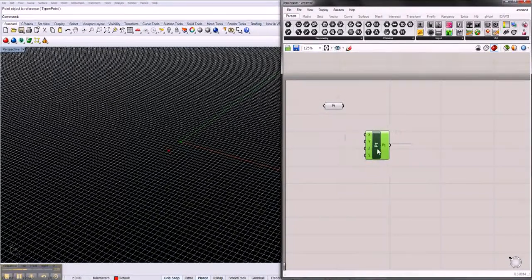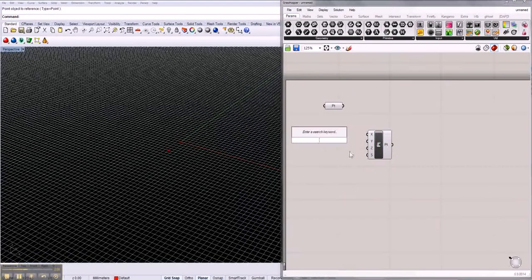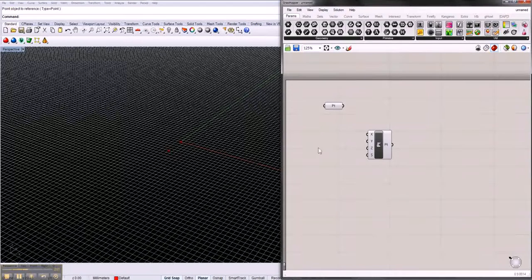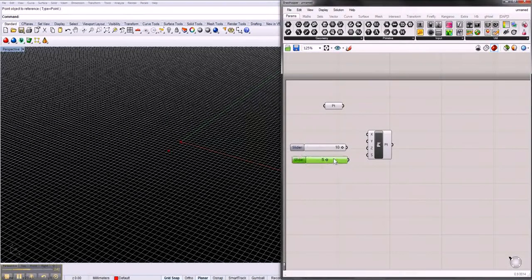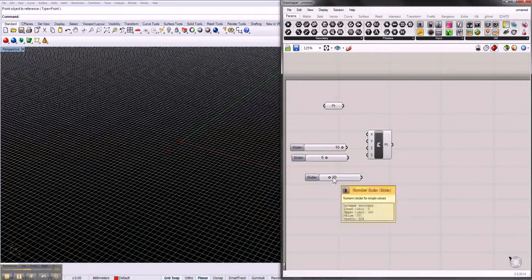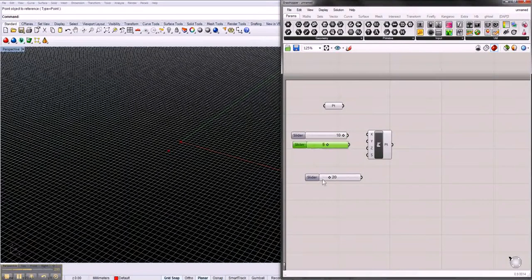Okay, let's do it. So here we go. We double click, we give also information for the number slider. Let's say X should be 10, Y should be 5, and Z can be 20. Voila, we plug those different pieces of information into those little entries. So we have the X, the Y, the Z, and as you can see, here is the point,